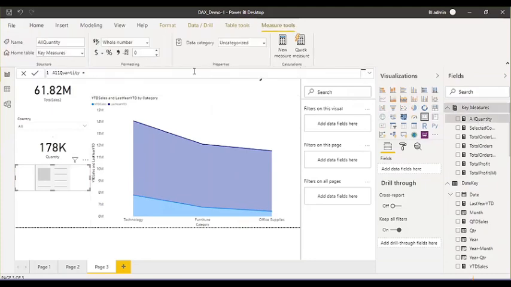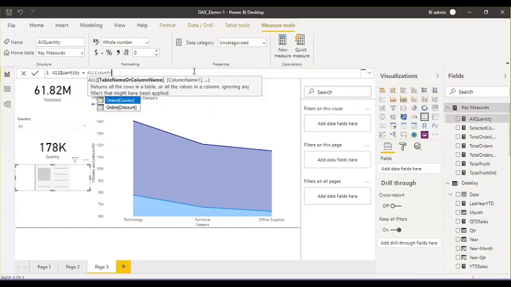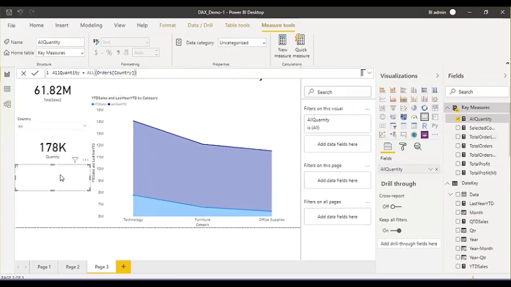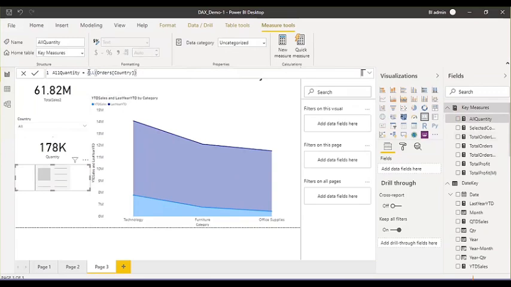Generally, we don't use it in any practical scenario. Actually, I'm not getting it right now. The ALL function we never use on its own; generally we prefer to use it along with SUMX or any other aggregated values. So I'm just trying to show one scenario. Let me just do one more try. No, it won't work now. It won't show any information. Okay, so let's see it along with another function.